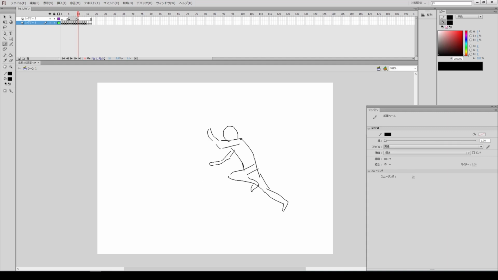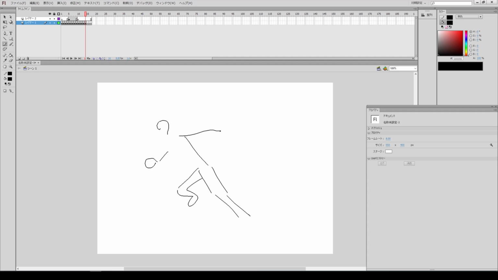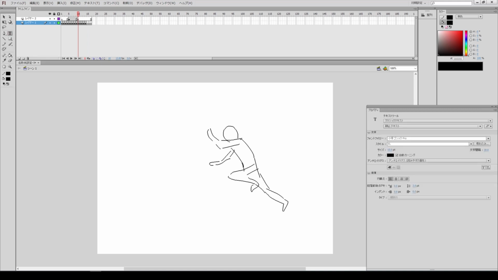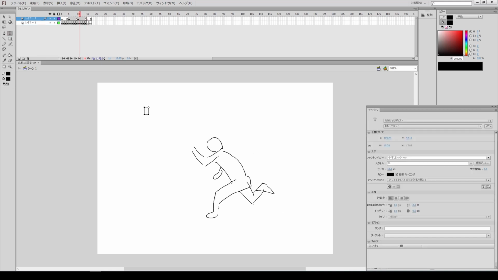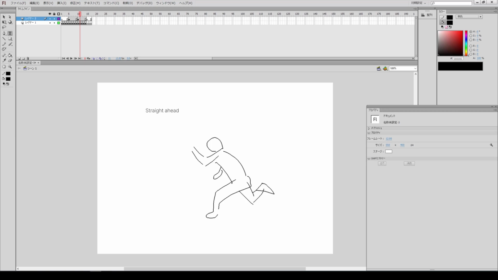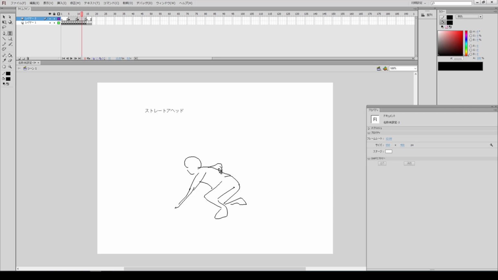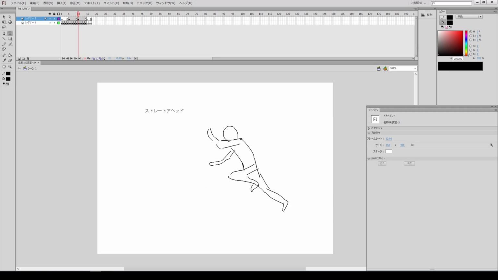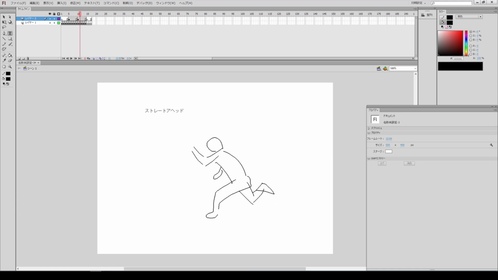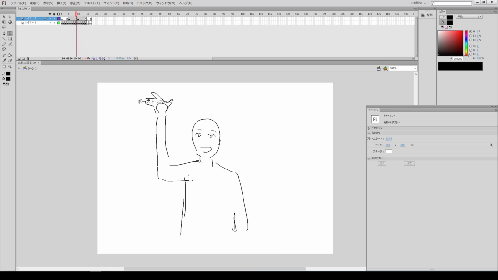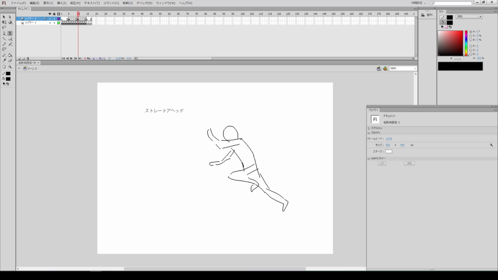For example, if there are 3 cuts, it becomes a movement like this. The last cut seems to slow down, the frame rate would be about 12. This is the straight ahead approach. In Japan, movements using in-betweens are called sequential animation. That expression is familiar to me, but likely differs from the original meaning. For now, please think that there are these 2 drawing methods.